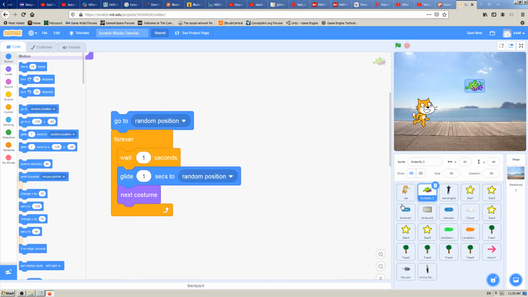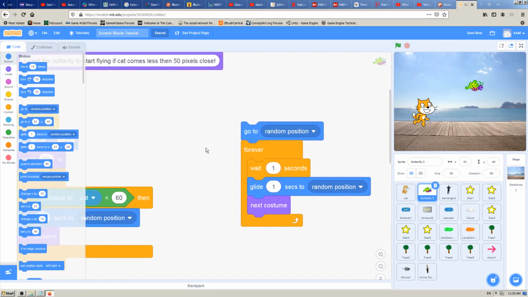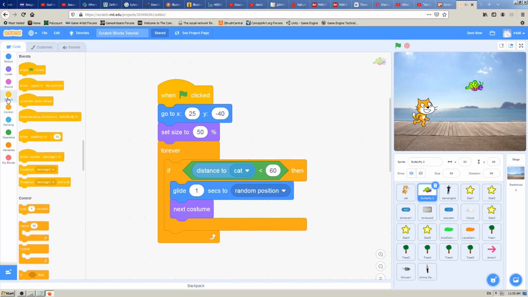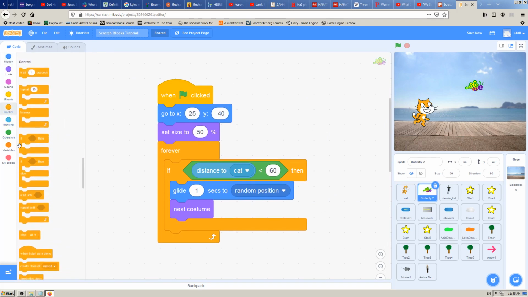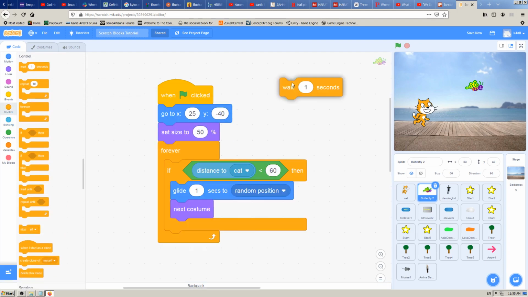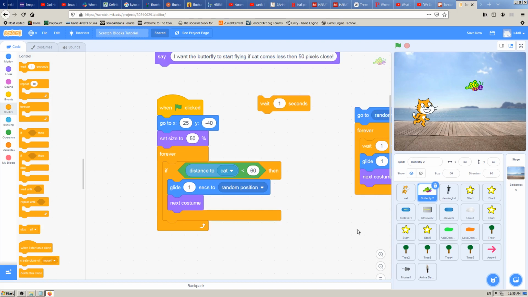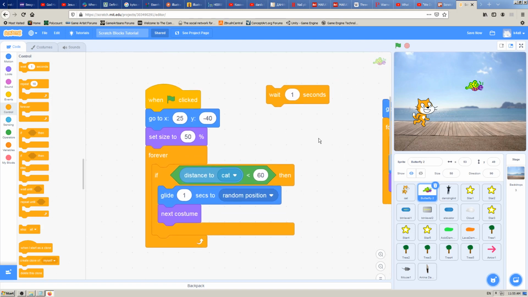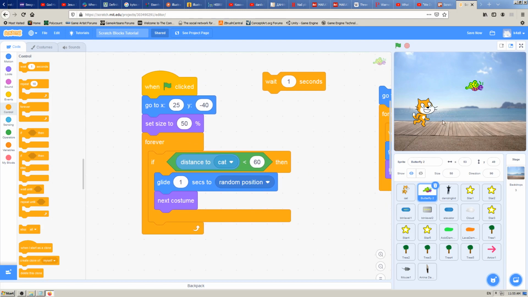So one way to fix it is to say to Scratch, okay, you're doing this too fast, let's wait a second or two. And to wait a second or two, we have to use our control block, the orange one, which says wait. Two seconds is probably too long, but maybe we can try with 1 second. So what we want to do here,